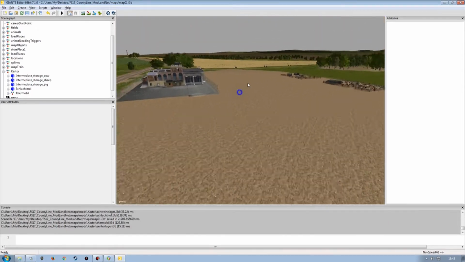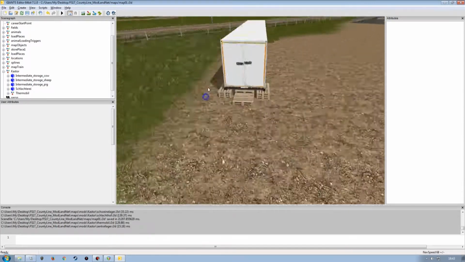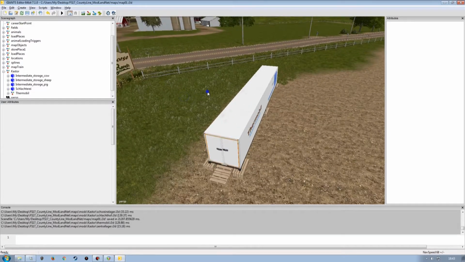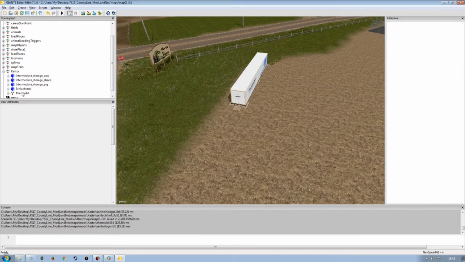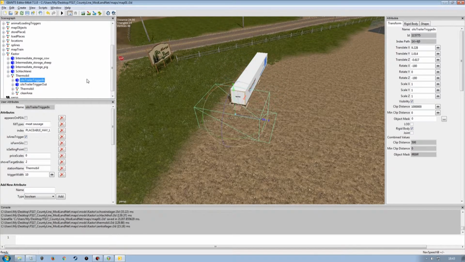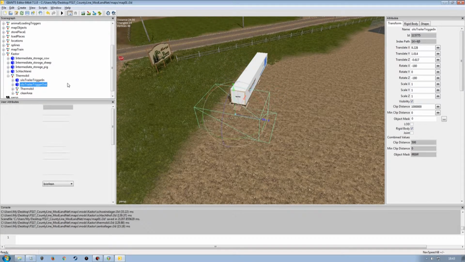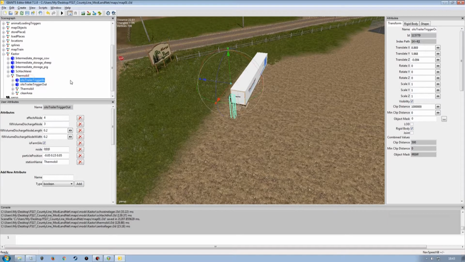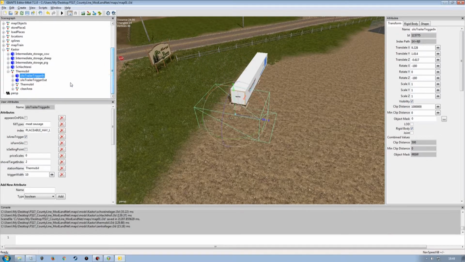So okay, what we need to do here is have a look at the actual way this is set up and make a few changes. So if we click on here, you can see we've got a capacity and a storage name and all the rest of it, and if we open this up, we've actually got a silo trigger in and a silo trigger out. This is actually set up somewhat similar to the placeable hayloft, as it says there, index placeable hayloft plant,